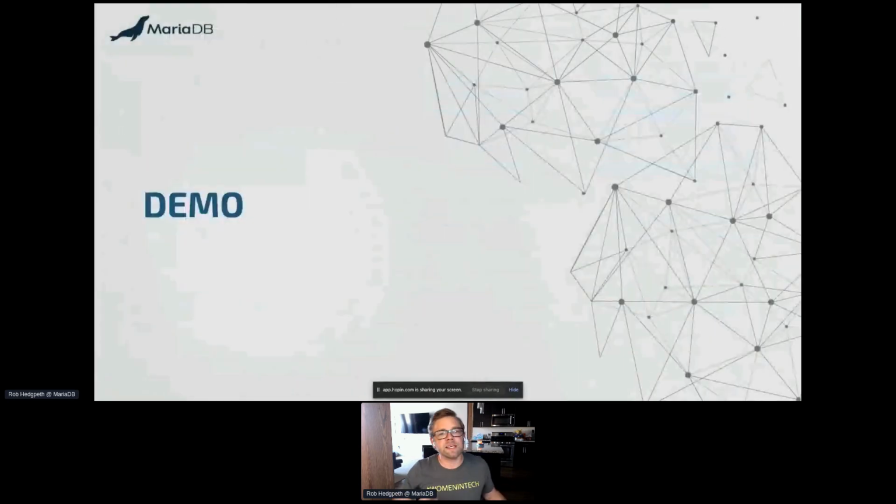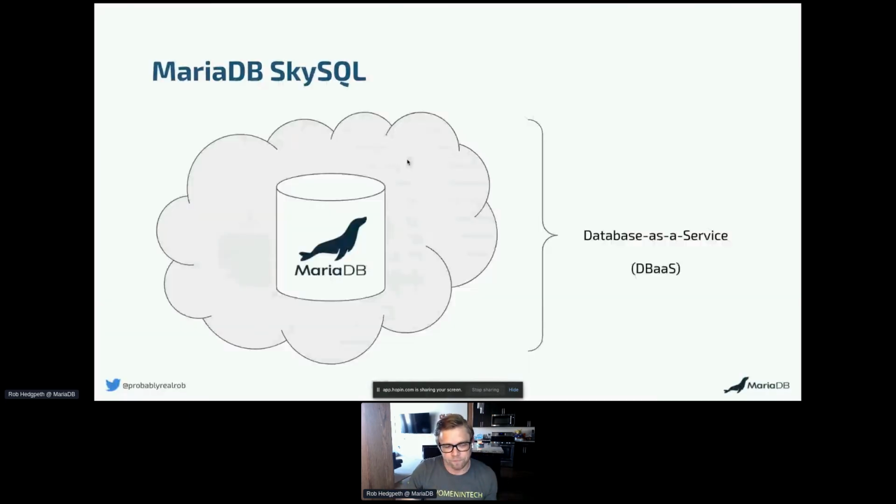So that is the gist, right? And that's a lot, but it certainly gets deeper than that. But that is really all you need to know in order to get into utilizing ColumnStore, and probably a little bit more than what you actually need to know. But it provides a good amount of background so that when we jump into it, it'll make a lot more sense. So I'm going to go ahead and jump into a demonstration